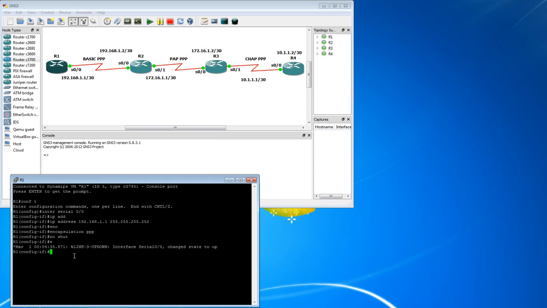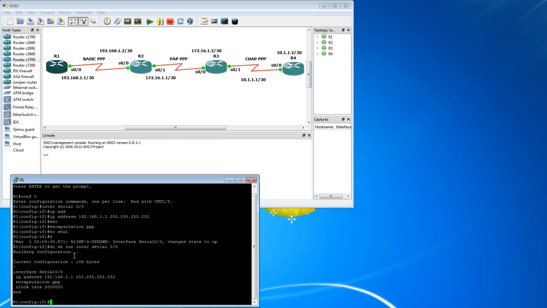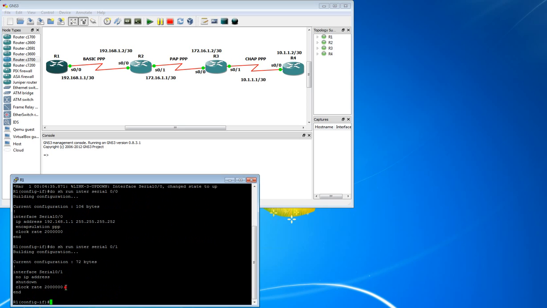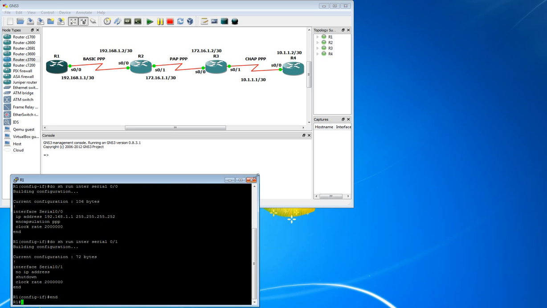There's one last command I would normally need to put in here, and that is clock rate. I just use 64,000 for most things, but this version of IOS I'm using actually already has a clock rate put in. So we're going to do show run interface serial 0/0. You can see it's got one in there by default, and even if I hop up to serial 0/1, it's still got that clock rate in there. So I don't need to worry about it, but you guys may. If you need to find a number to use, 64,000 is what I use typically. So we are done on this guy for now. I'm going to close him out,